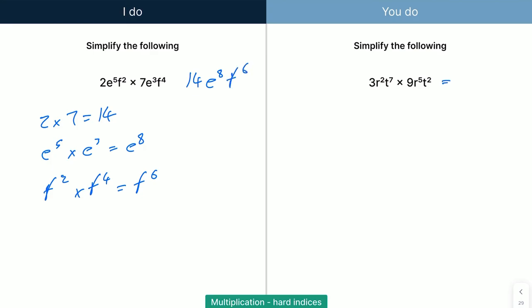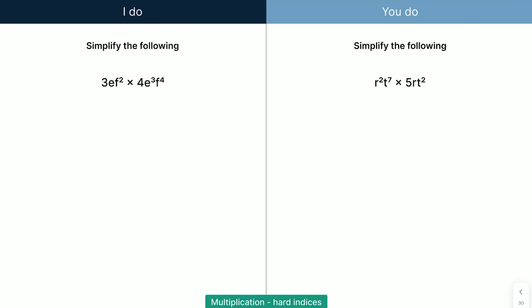And then on the right, so 9 times 3, that just becomes 27. The r becomes a 7, and the t becomes a 9. So moving on,